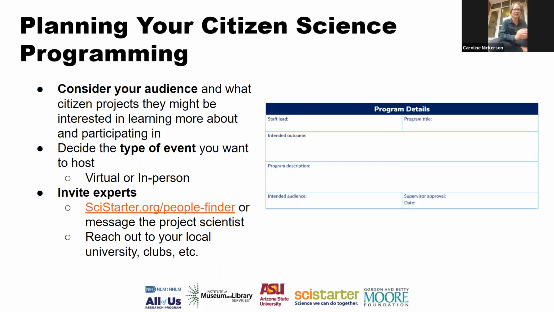I love working with Robin Salthouse, who's on the SciStarter team, because she's a retired public librarian. She keeps us honest about what libraries need to consider. So this is actually a screenshot from our Library and Community Guide to Citizen Science, which you'll find on the